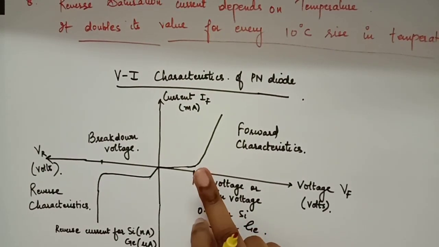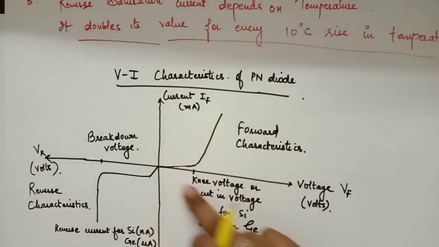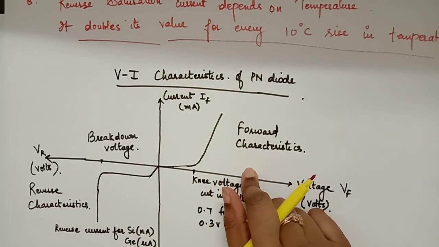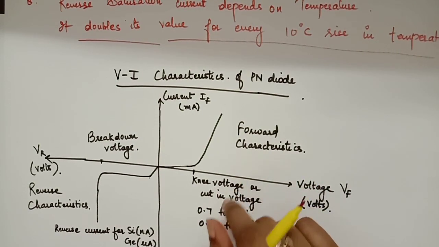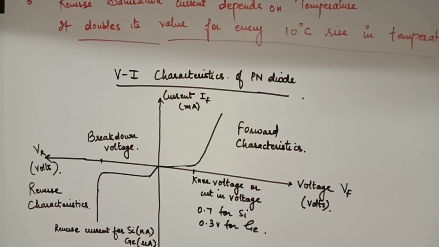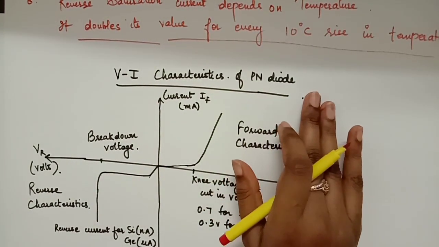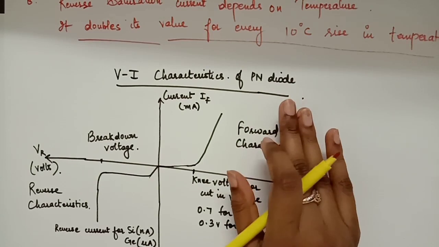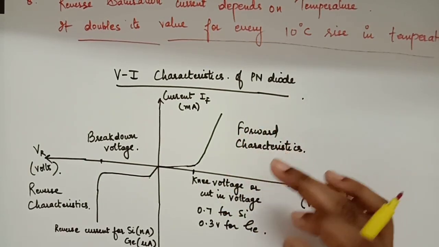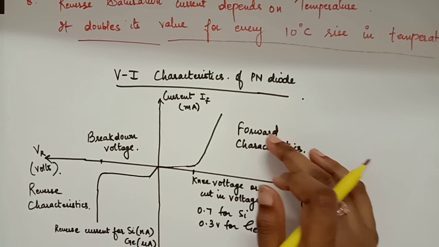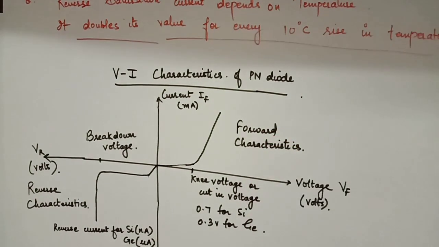See, when temperature will increase, first of all we will look at the forward characteristics. When temperature will increase, what will happen? Just assume in your mind, we learned forward biasing. Always remember, when temperature will increase, carriers will increase, because the covalent bonds will break, electron hole pairs will be generated, and that is what you call thermally generated electron hole pairs. You have already learned this. So when temperature will increase, thermally generated electron hole pairs will be there, so carriers will increase.